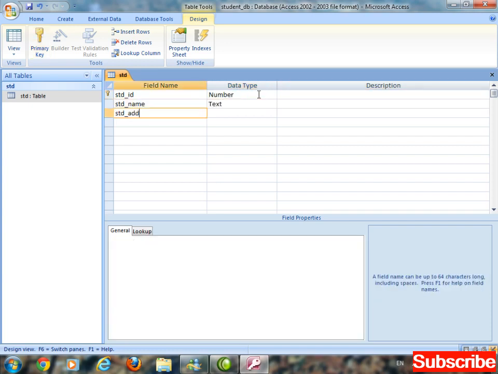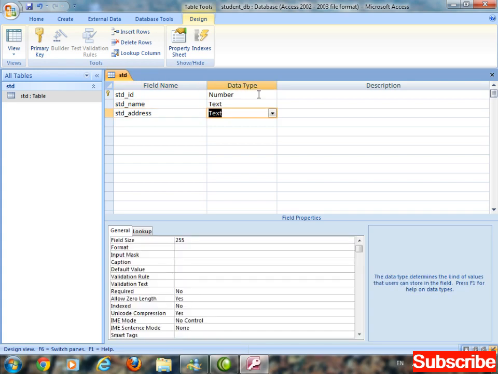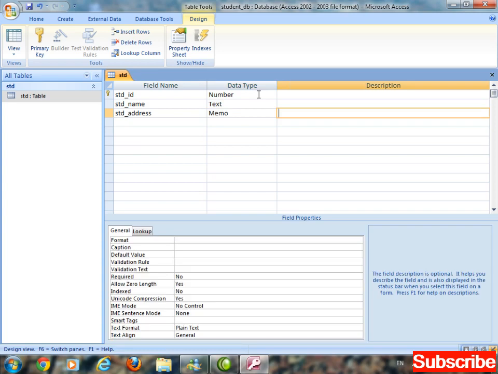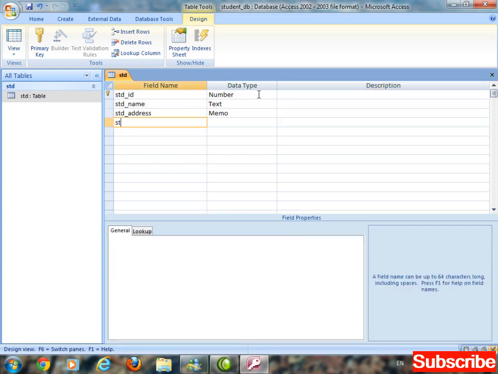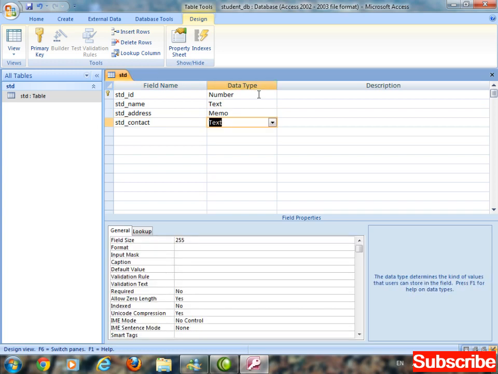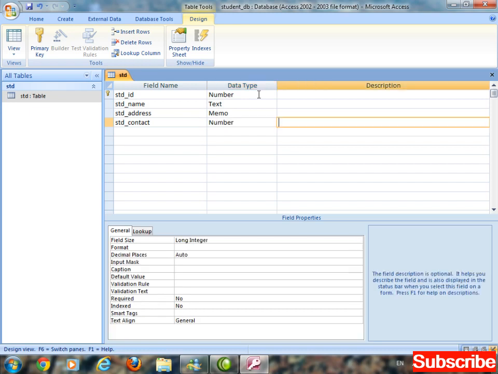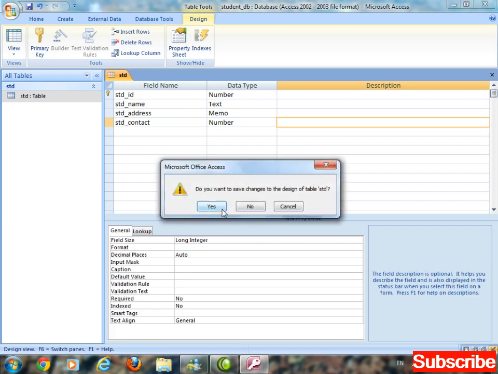Std underscore address, text or memo. Okay, and the last one should be student underscore contact, student underscore contact. This will be number. Okay, close, save. Here you can see the std underscore id is the primary key. Okay, this one is the primary key.